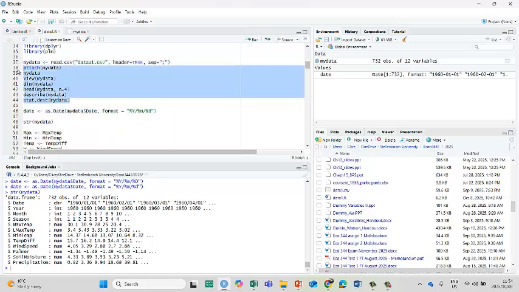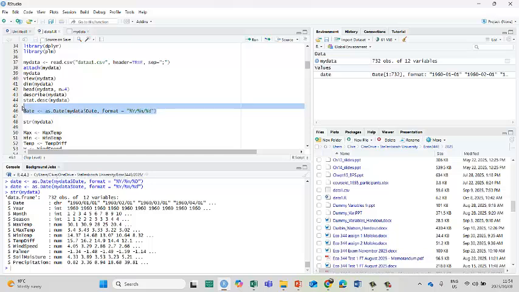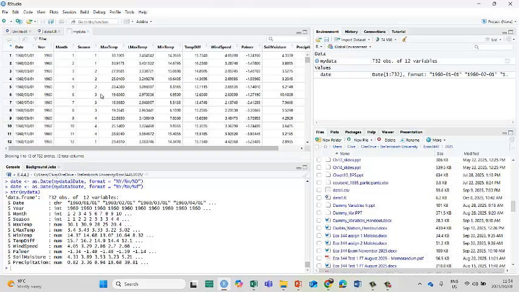I've checked my data, cross-correlated my data. All seems good, and I've created my date variable. I'm not going to go back into all the details of that. That's in the previous video. Okay, so remember what we have is all these names for my variables,